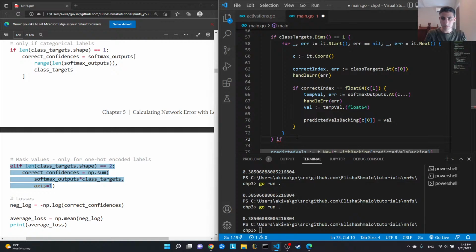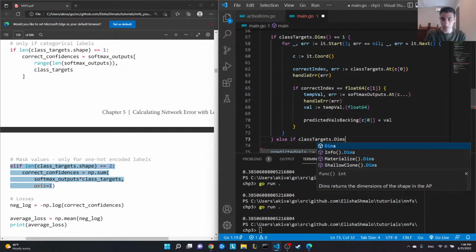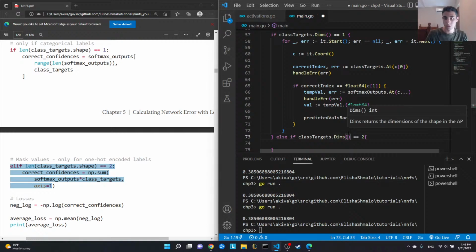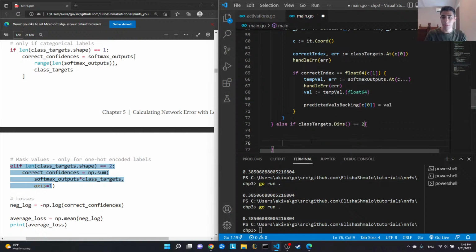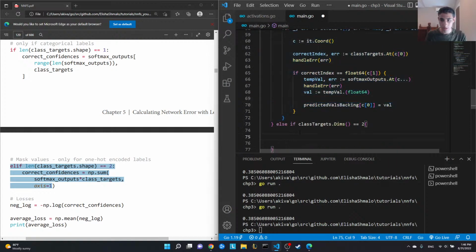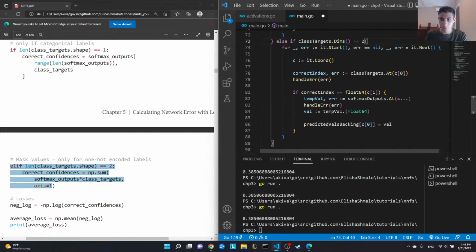Else if class targets dot dims equals 2. So now if it's one hot encoded, what's the problem here? Can I convert type int to func? Else if class equals 2, then we'll do a very similar situation, except we will say that we are looking for correct index comma error colon equals class targets dot at C index 0,